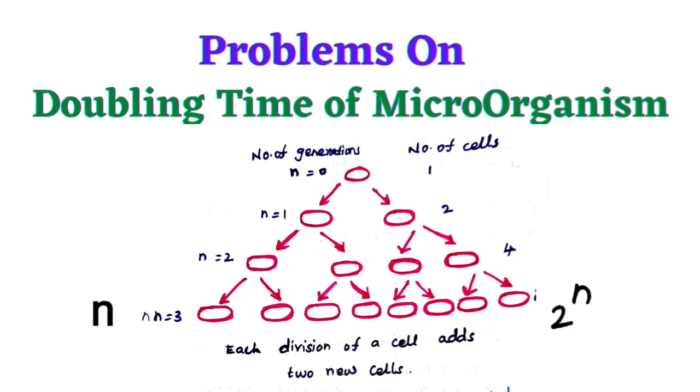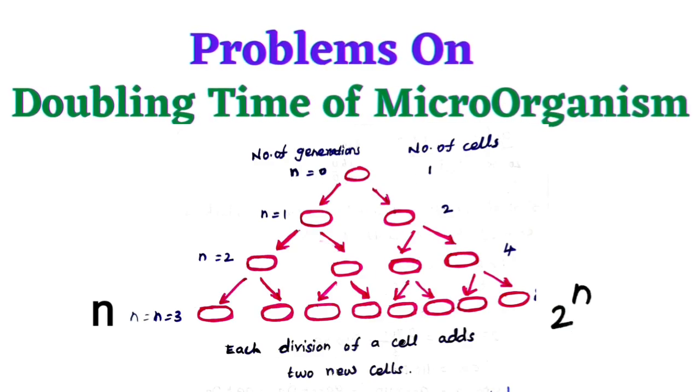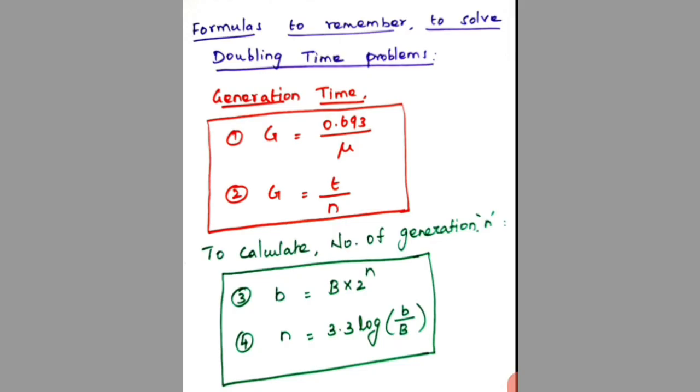In this video, we are going to discuss how to calculate doubling time of microorganisms. Before going to solve the problem, first we should know the formulas to solve doubling time problems. The generation time or doubling time G is equal to 0.693 divided by mu, where mu is specific growth rate. If the given data is specific growth rate, you can calculate generation time or doubling time by using